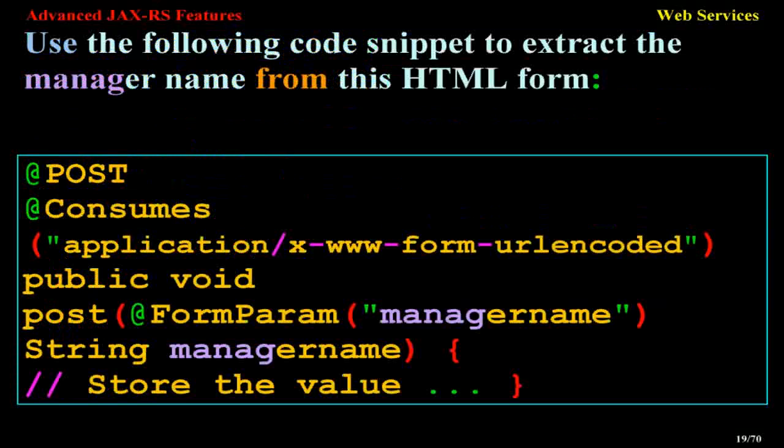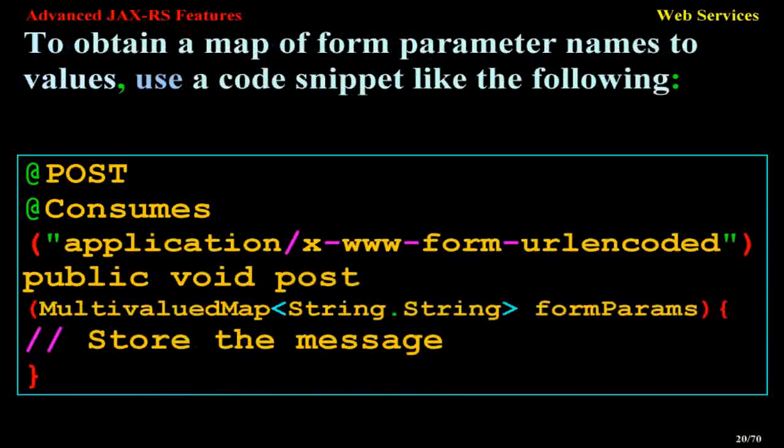Use the following code snippet to extract the manager name from this HTML form. @POST @Consumes("application/x-www-form-urlencoded") public void post(@FormParam("managername") String managerName) { // Store the value }. To obtain a map of form parameter names to values, use a code snippet like the following. @POST @Consumes("application/x-www-form-urlencoded") public void post(MultivaluedMap<String, String>